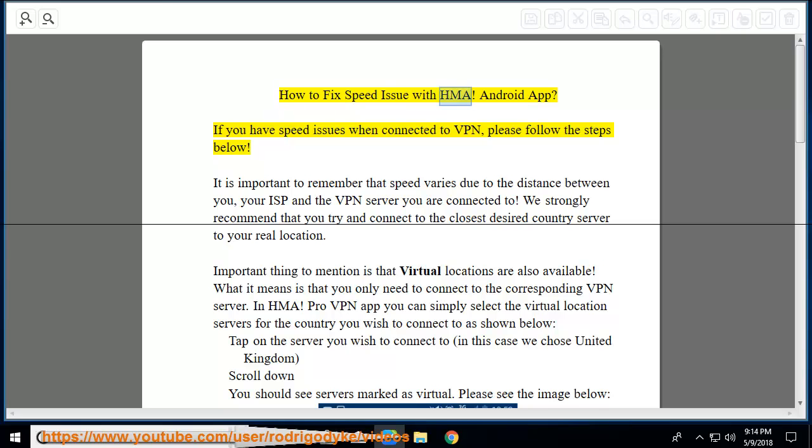How to fix speed issue with HMA Android app. If you have speed issues when connected to VPN, please follow the steps below. It is important to remember that speed varies due to the distance between you, your ISP and the VPN server